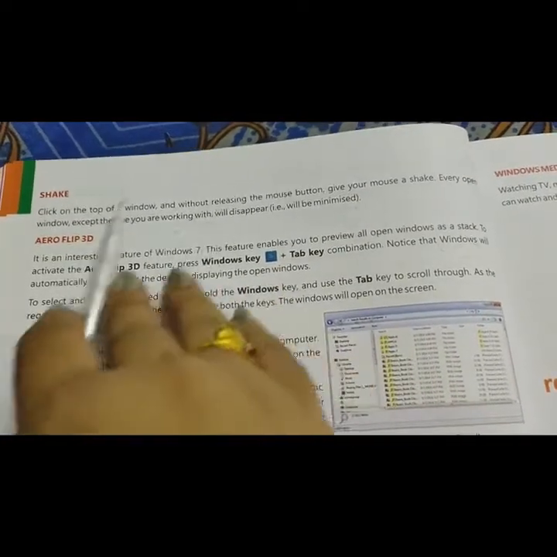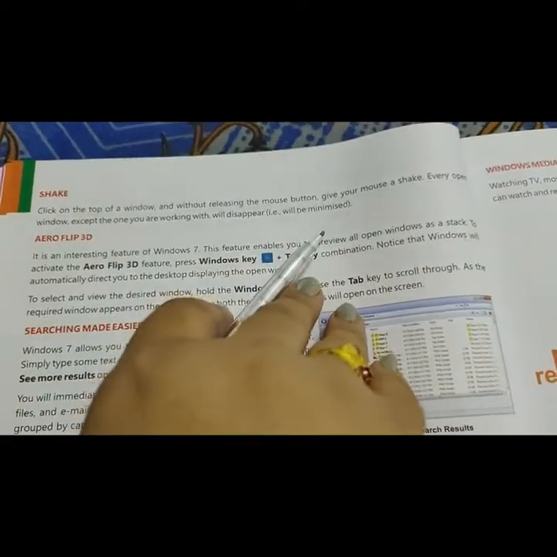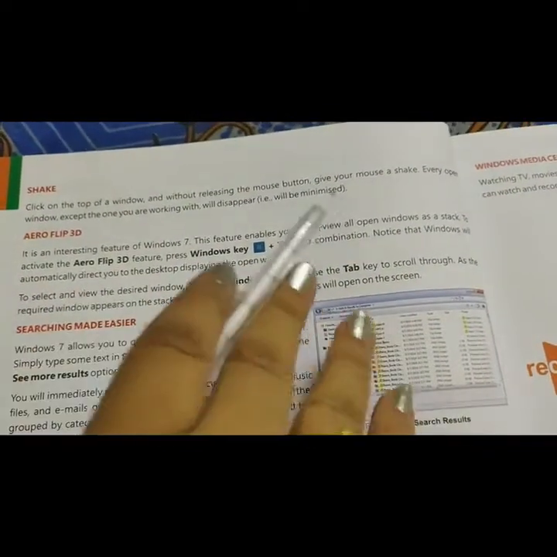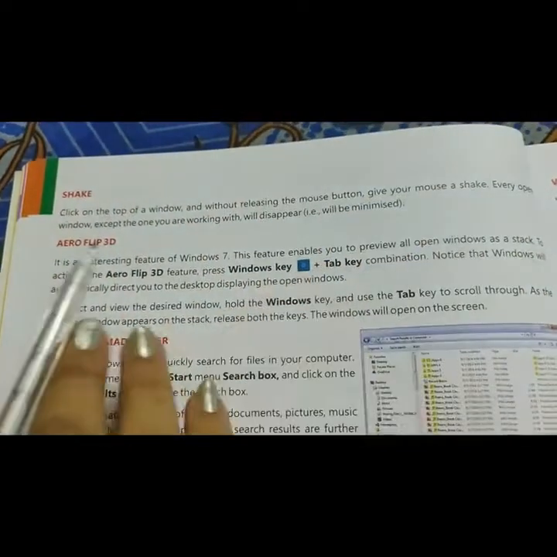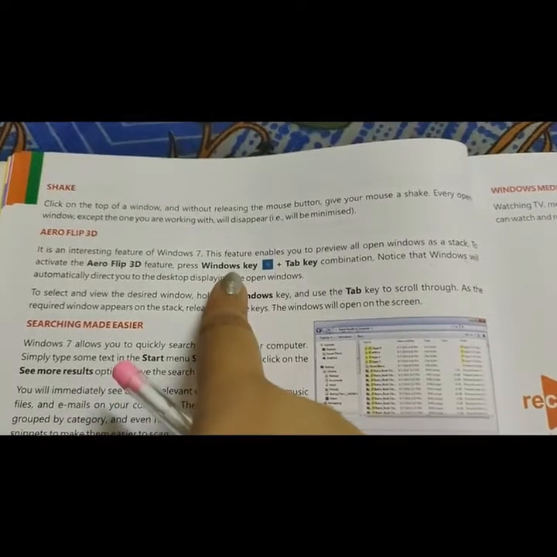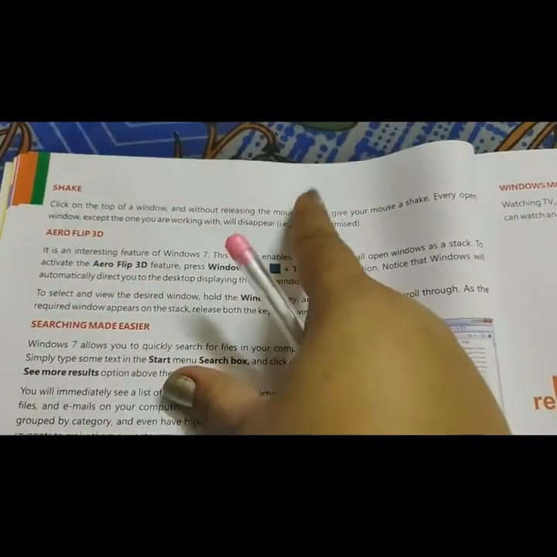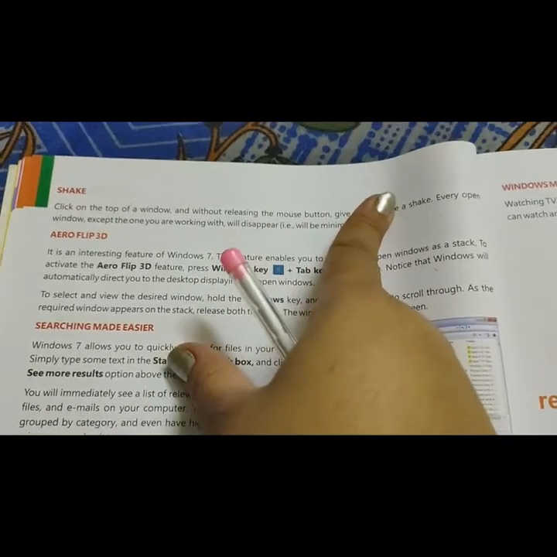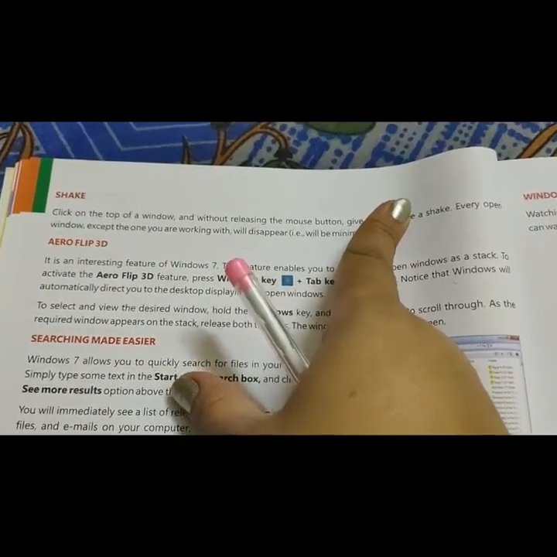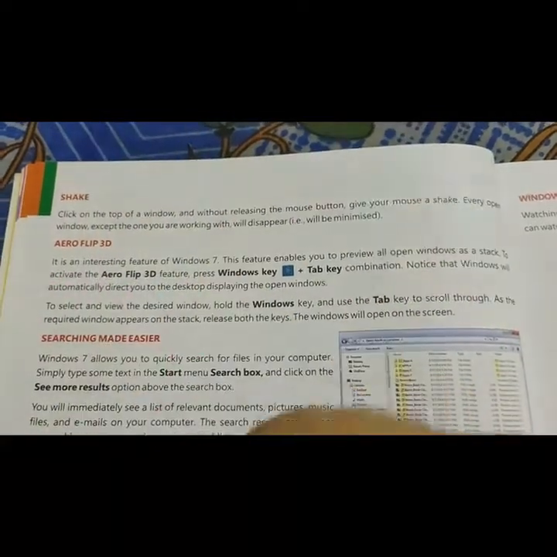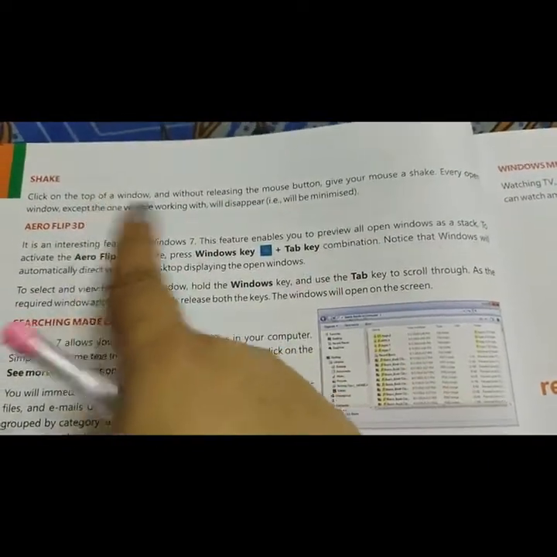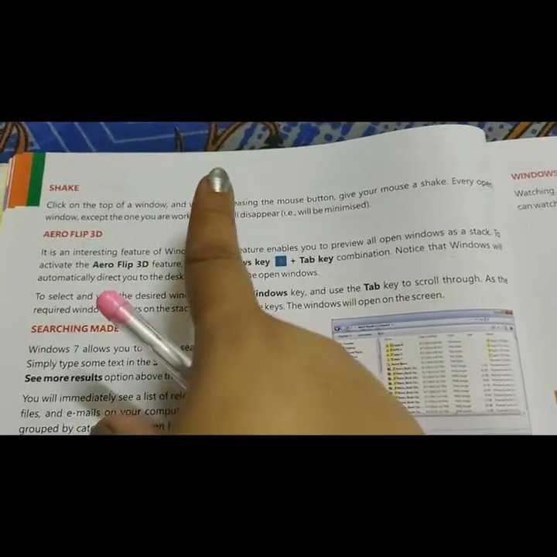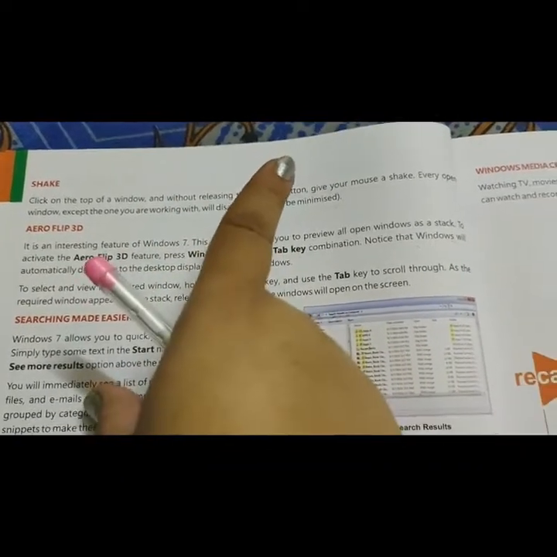Whichever window you are working on stays, and the other windows are minimized. You click the left mouse button on the top of the window and shake the mouse, and only the current window remains open. So this is the shake option.